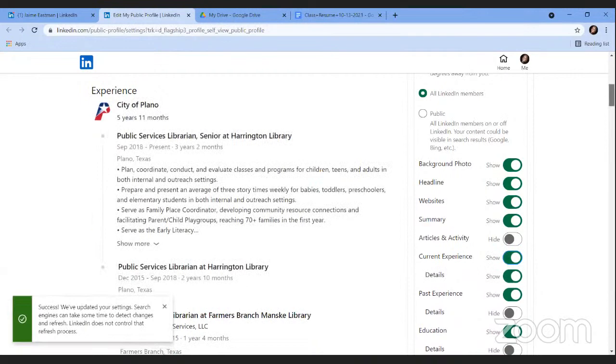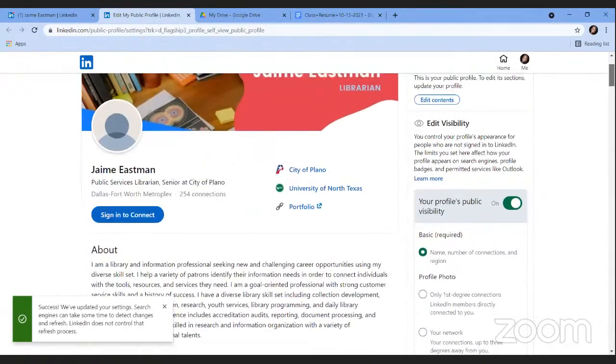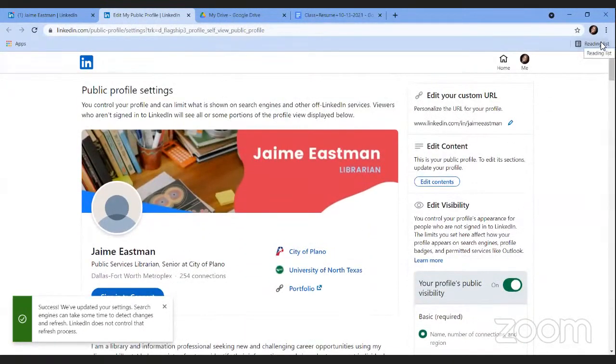You also have the option within your profile to change what updates are shared with your network in your privacy settings. And we'll talk about that a little bit more in next week's class. So if you'd like to make updates to your profile, but you don't want to flag people that you're making those updates, you can choose to keep those updates private as well.